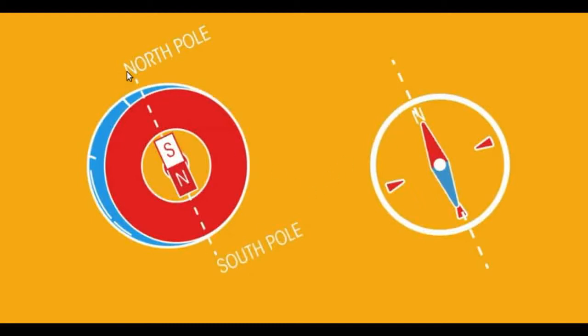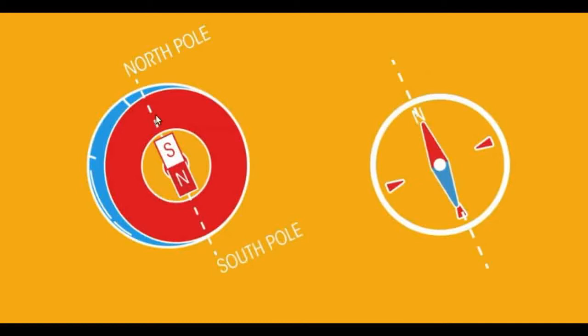So the axis of Earth's magnetism is like this, and here on the surface of Earth it will be the north pole, because, as already told, if we suspend a bar magnet freely, it will align in this direction. So that direction is taken as the north pole for us, and this is the south pole on the surface of Earth. So a bar magnet is aligning like this just because of the magnetism inside the Earth, for which the south pole is upward and the north pole is downward.